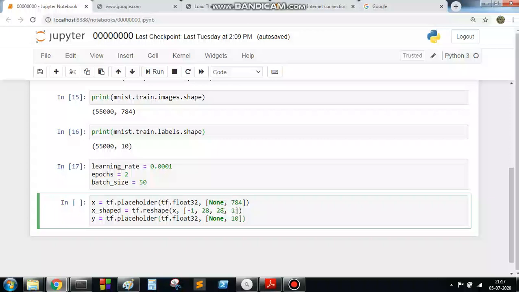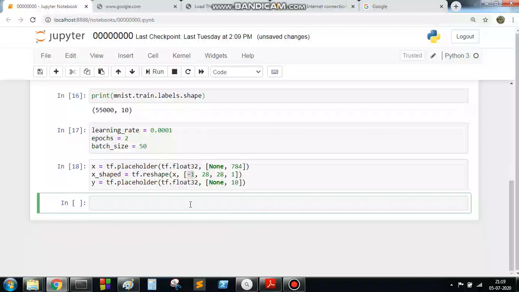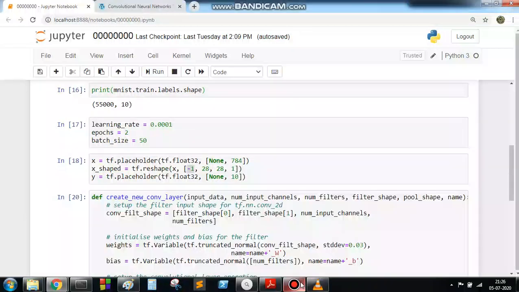The -1 tells the function that it can change the shape dynamically depending upon the input. Okay, now the placeholders are created. Then here I have copied some code.